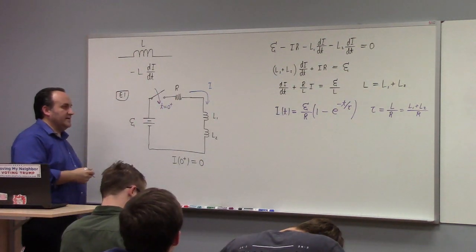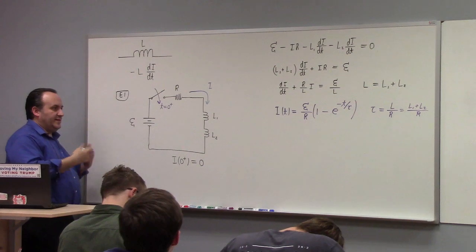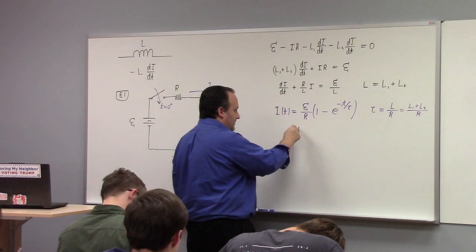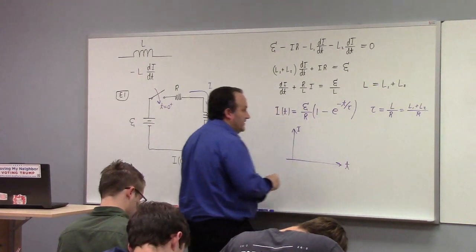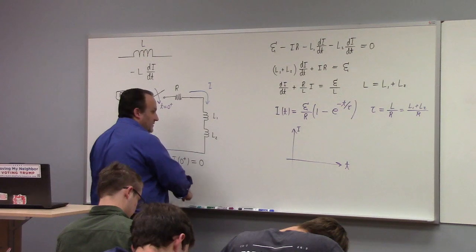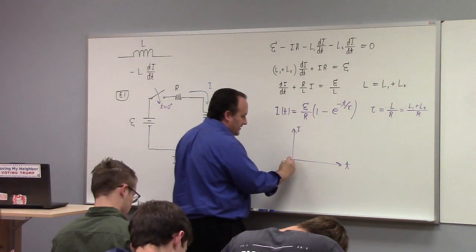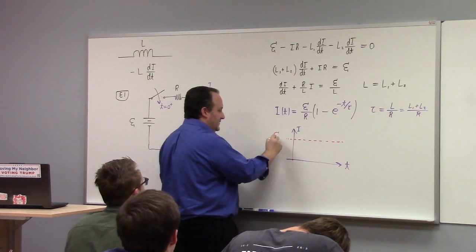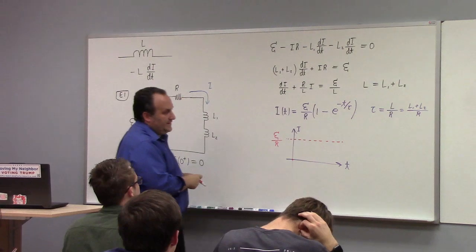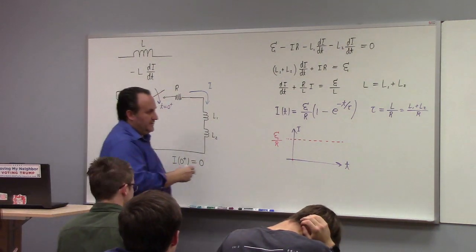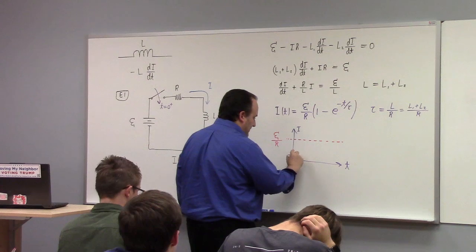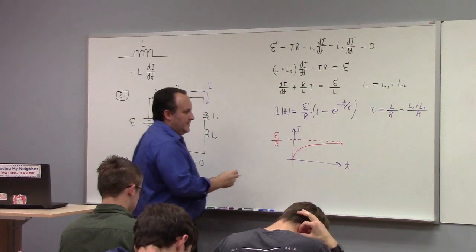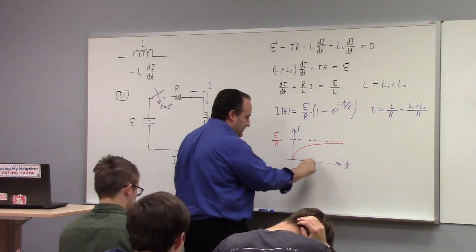So what happens as time goes on? Maybe we can graph the situation. It's easy to graph. Here's current, here's time. The initial current is 0. The final current is the voltage source divided by the resistance. And the graph looks something like this. And remember, by the time we're to 1, 2, 3, 4,